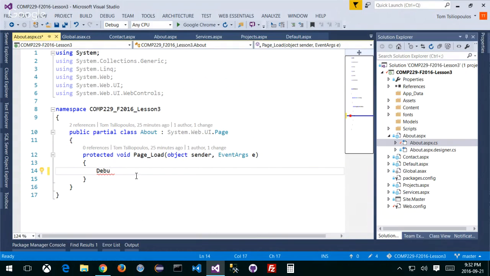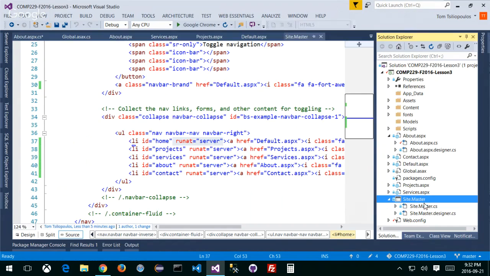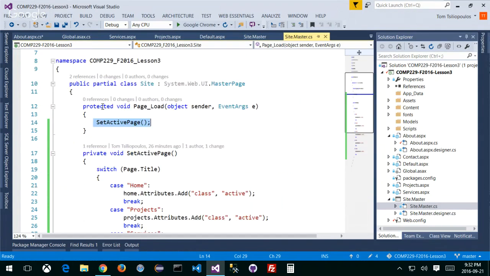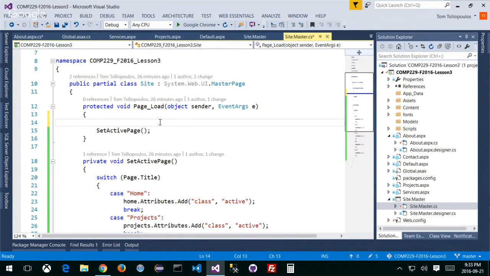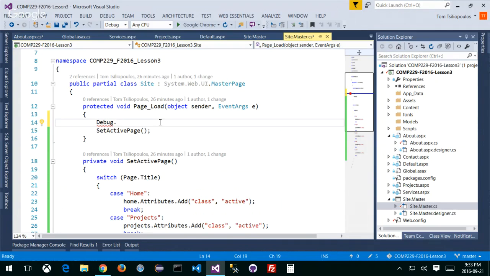But if I'm going to do it for each page, I might as well do it on my site master, because on my site master page, I also have a site.master.cs file. And as you saw before, I have this set active page that triggers for every page. Well, guess what? I can also pump out my page title if I want. Notice that Debug is not found again, because I haven't added the using statement for this page. It's page specific. I haven't added in that namespace. So Debug.WriteLine, and inside there I can say the name of the page, which is Page.Title,